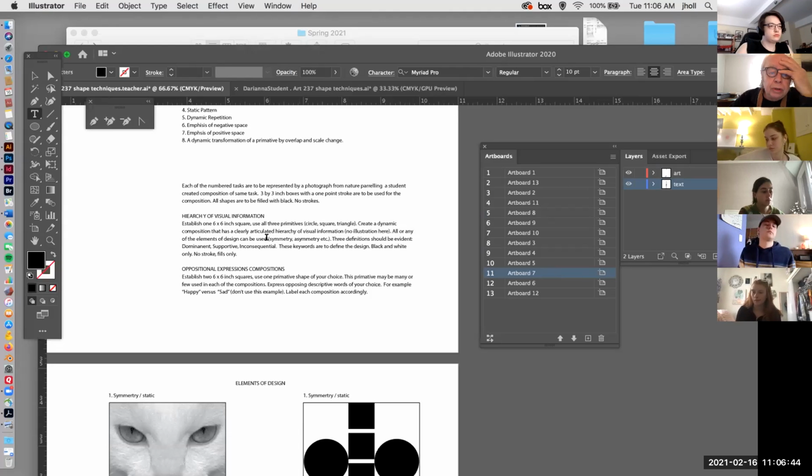All elements of design can be used, symmetry, asymmetry, and we explored that down here. Three definitions should be evident. This is where the form expresses the content. That's what I'm getting at. I'm not illustrating anything. Dominant, supportive,